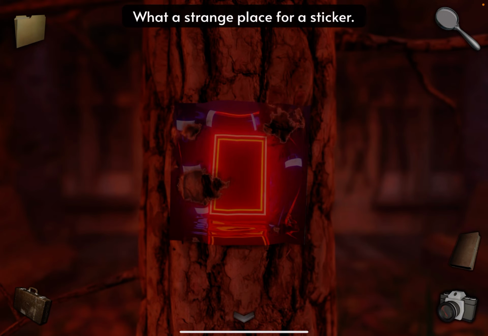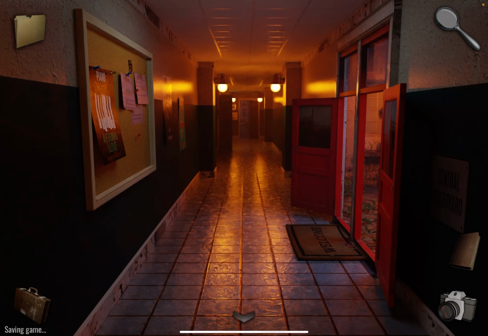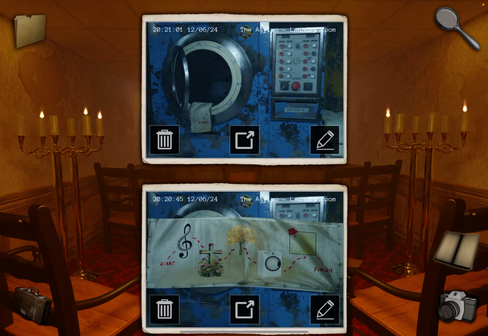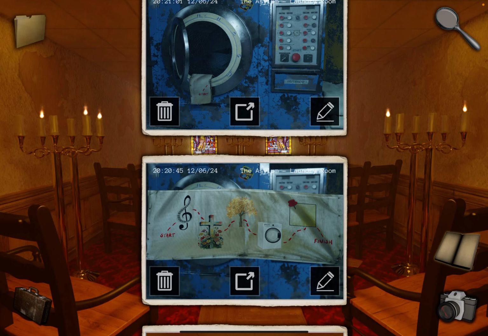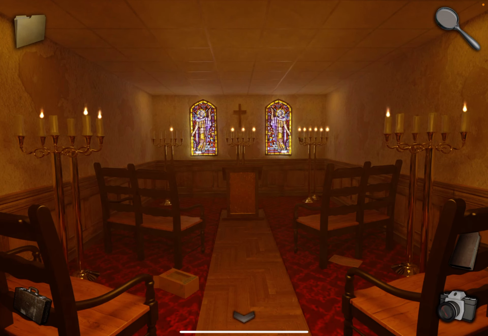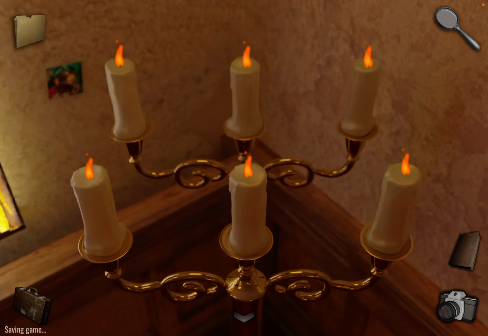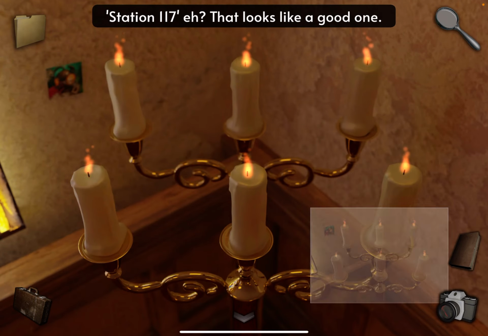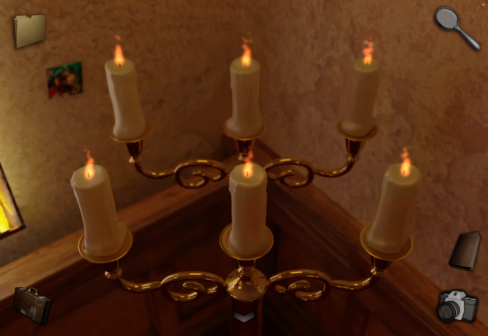It's this. And then the chapel, you can see the chapel there's a cross on here. That's the last one. You see? It's going to be this candelabra in the corner with the 6 candles. Station 117. Take a photo. Okay. Now let's go back